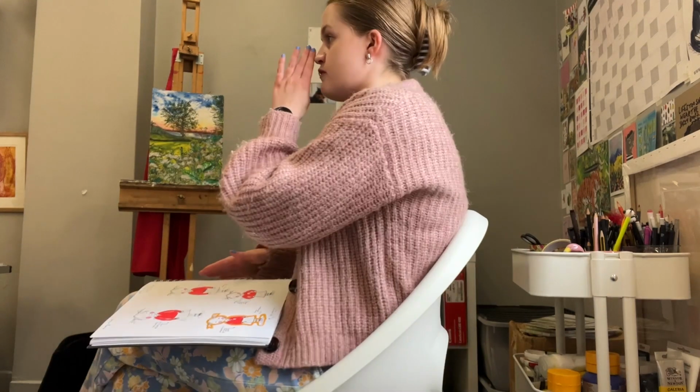And I also do a kind of template cheat sheet, so I draw each main character in the book in different positions. So I do a straightforward view like this, a 3/4 view which is a bit more like this, and a side profile view which is obviously like this. And that basically means I have a reference sheet to make every single drawing of the character in the book